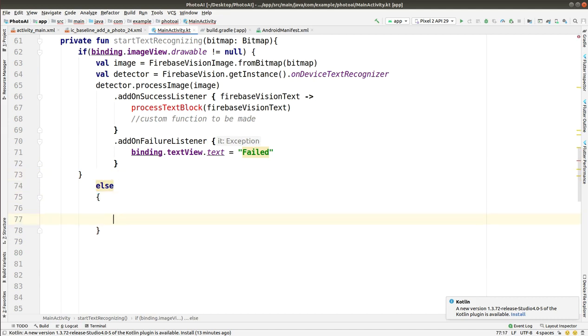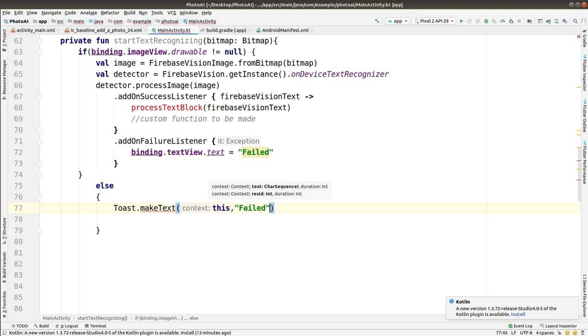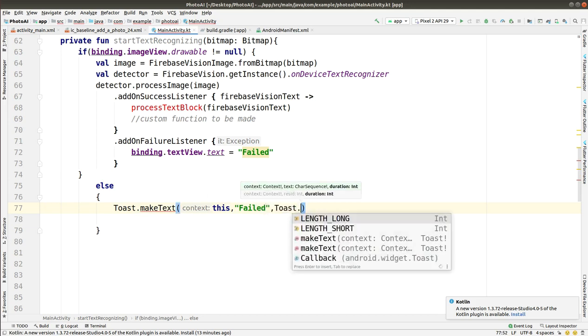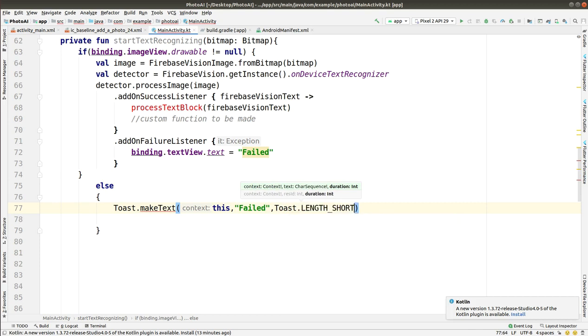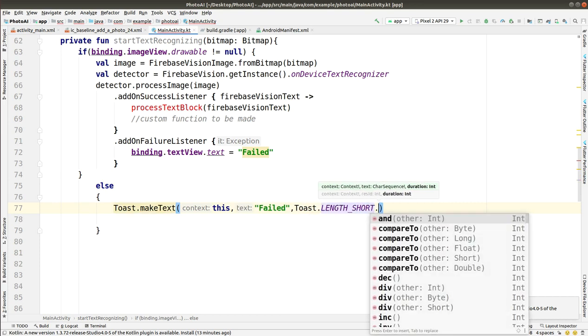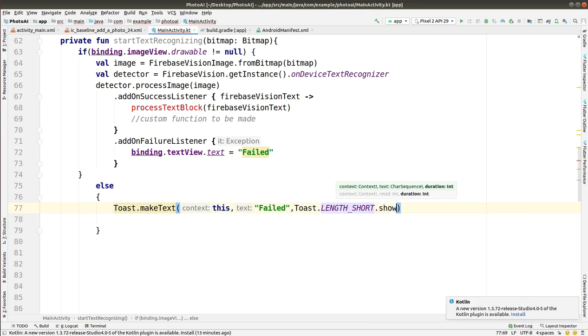After that, we will be adding the else condition. First of all, check that braces, how many braces are there, the parenthesis. Make sure that everything looks the same, and then I'm adding a toast message of failed and setting the length as long, not short, and then show it.